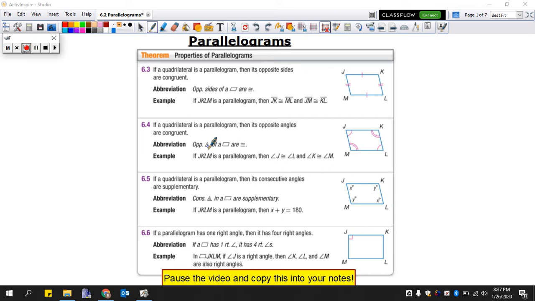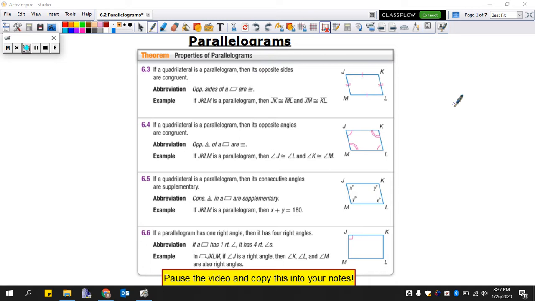If you remember from the table that I gave you during the last lesson, a parallelogram is a type of quadrilateral, and we're going to talk a little bit about the properties of these parallelograms. And if you remember, a quadrilateral is a four-sided